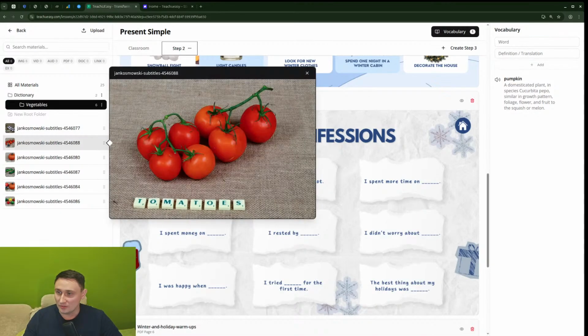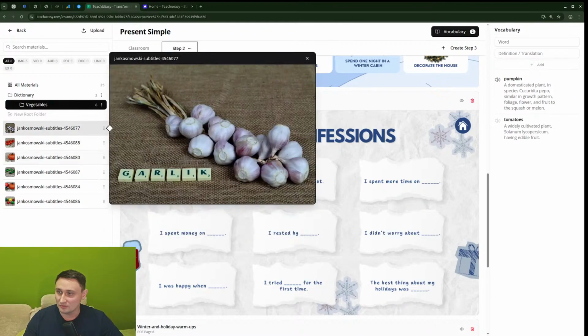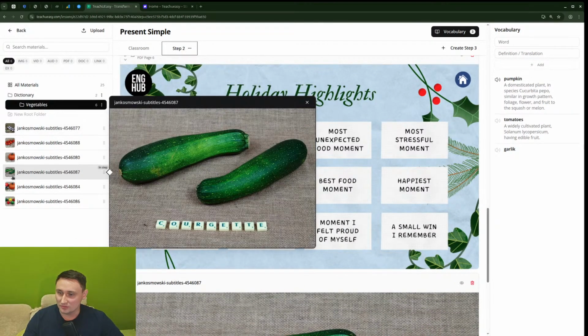So we have tomatoes, pumpkin, we have garlic. Cool. What else we have? Oh, yeah, accidentally added it. We have